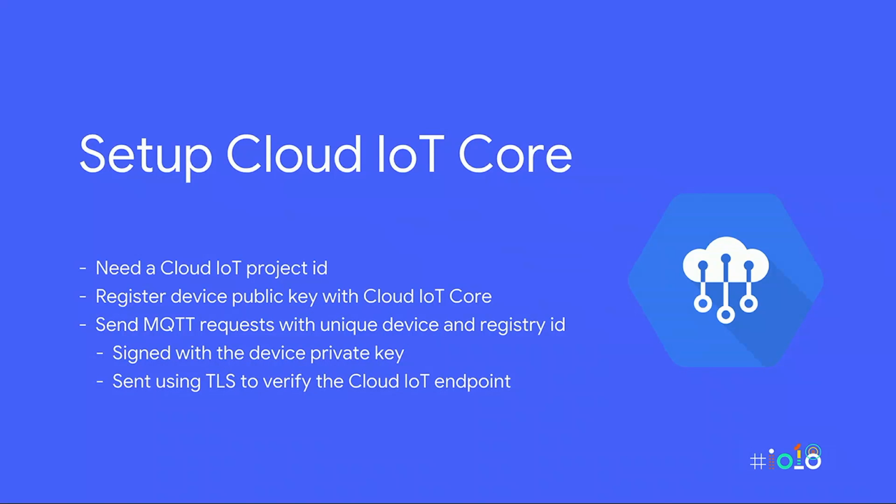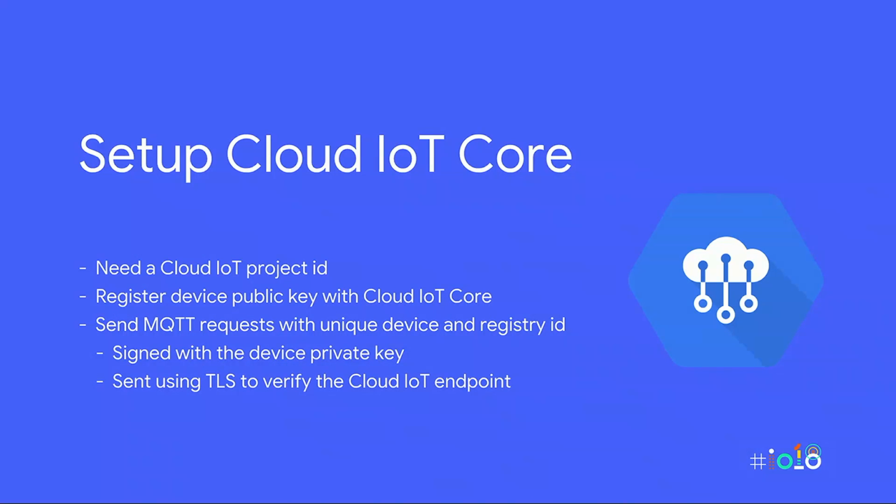So in Cloud IoT, we register the devices. You'd have an app on your phone with some credentials, and you would take that public certificate that we created earlier, and you would give that to Cloud IoT so that it knows the device and that it can trust it. We then use MQTT to send requests to Cloud IoT with our device ID and signed with our key. Cloud IoT can verify that this message is legitimate by verifying this key and checking it with what it received